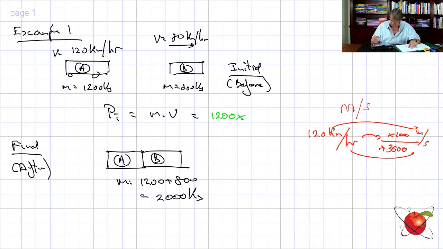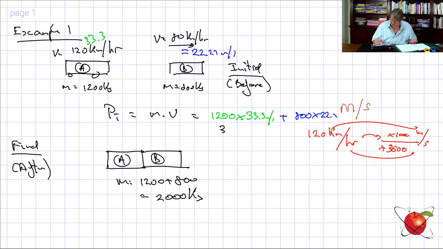I'll put the answer in green. It's going to be equal to 33.3. So I change that to 33.3. Now I'm going to take it as blue, the next car. This one is 80, so I change that to meters per second, and it becomes 22.22 meters per second. So it's that plus this one, isn't it? 800 times 22.2. So my total initial momentum of these two vehicles is going to be equal to